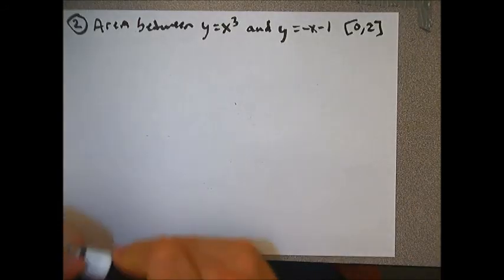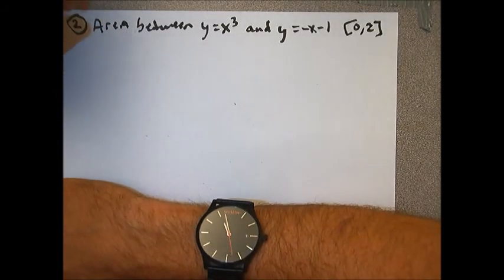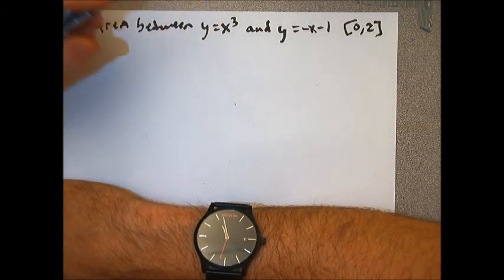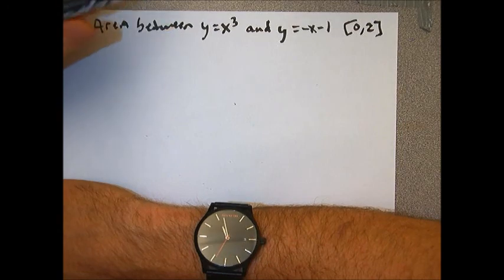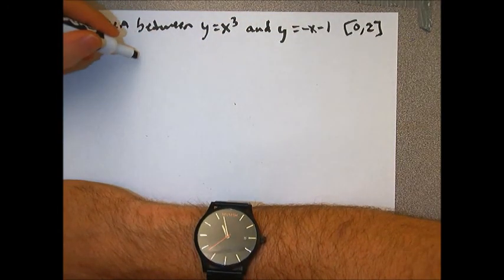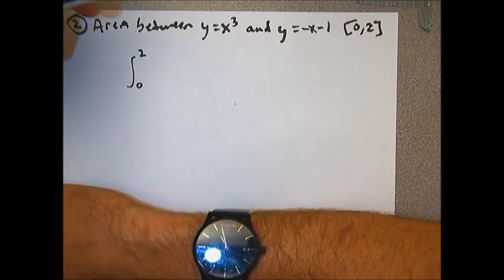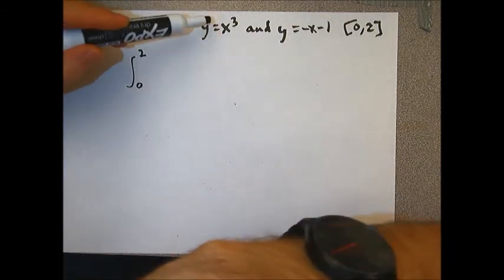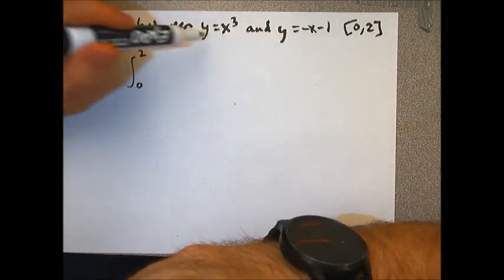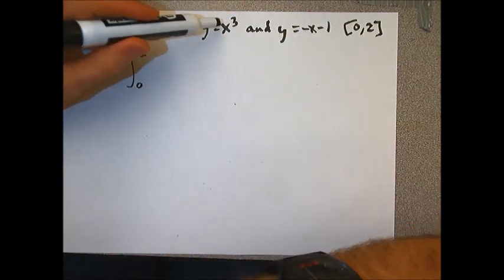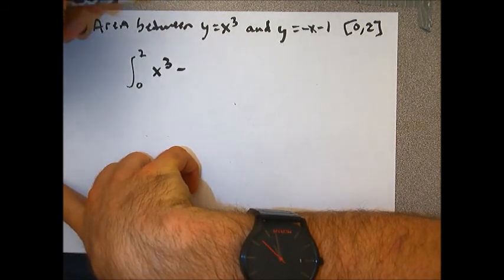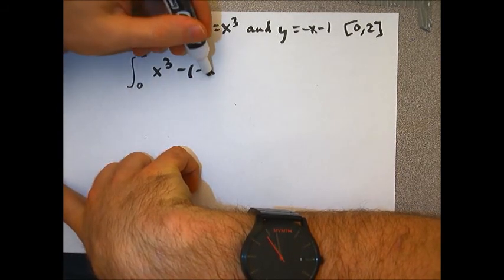Number 2 asks for the area between y equals x to the third and y equals negative x minus 1 over 0 to 2. So this is a top curve minus bottom curve question. They're to give us the bounds of 0 to 2. So we want to say which one would be the top curve. Well, if I plug in 2 to the third's 8, 2 over here is not going to be as high as that number. So the top one would be x to the third,